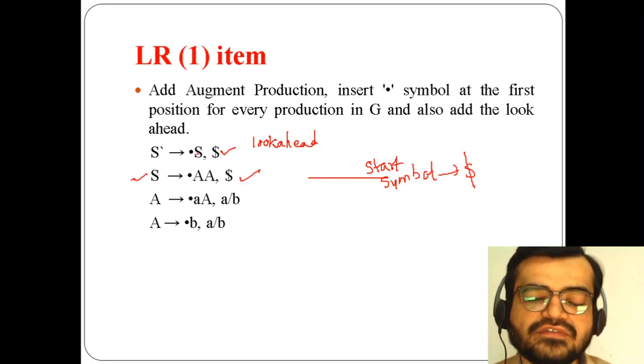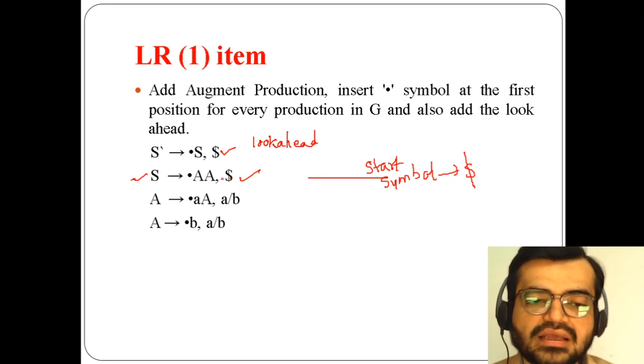Now concentrate on the first state. For this S in the second production, after this S nothing is there, so for that purpose I am using dollar here in the second production. But in the third production, what happens? As I am reading the value of A, I have to concentrate on the previous production. So after this A, what is there? A is there.